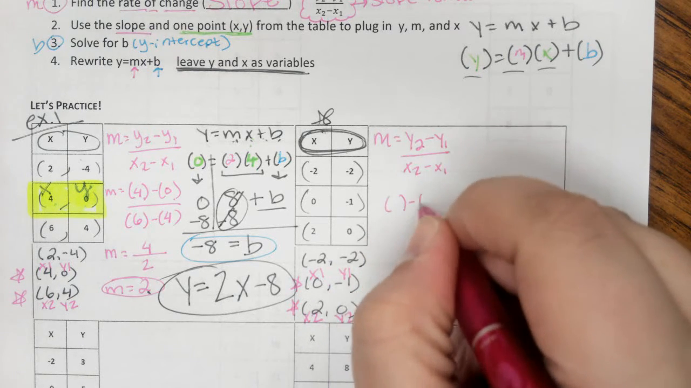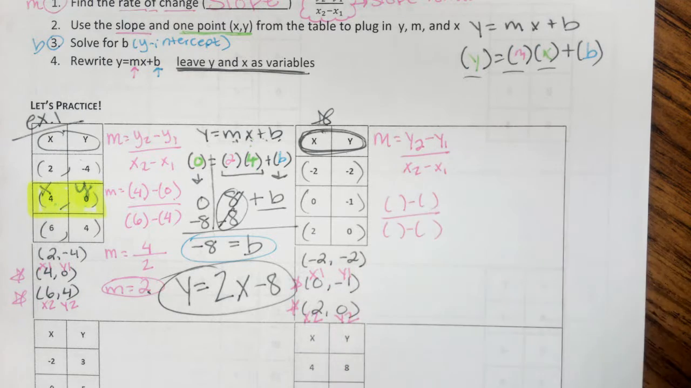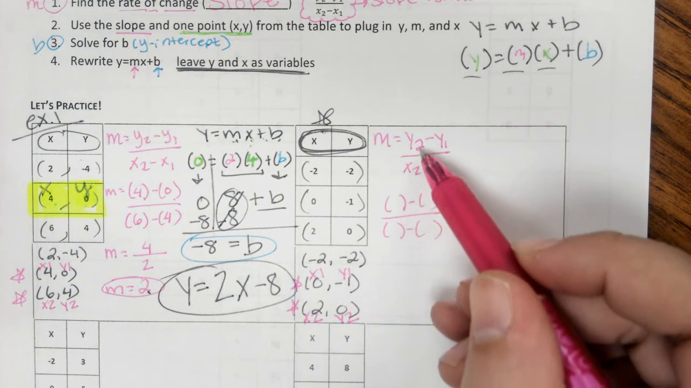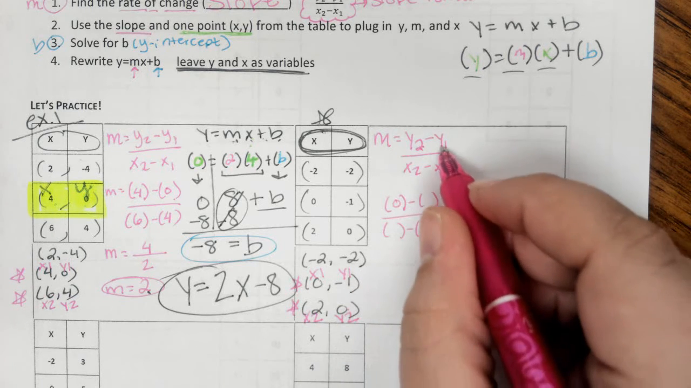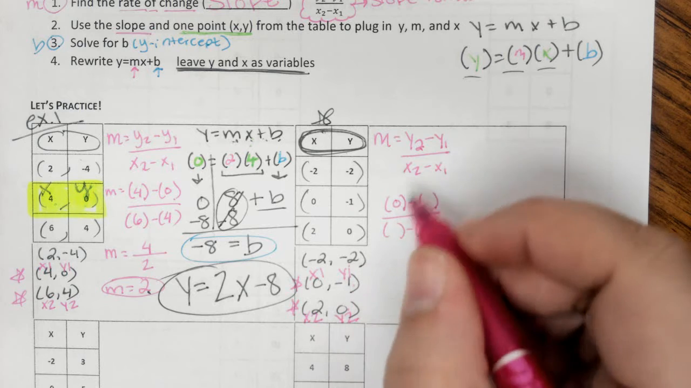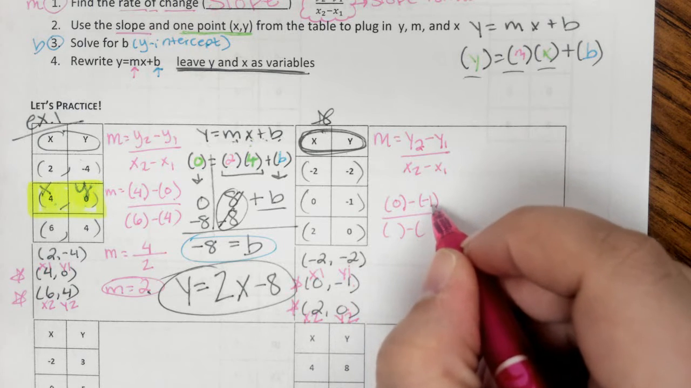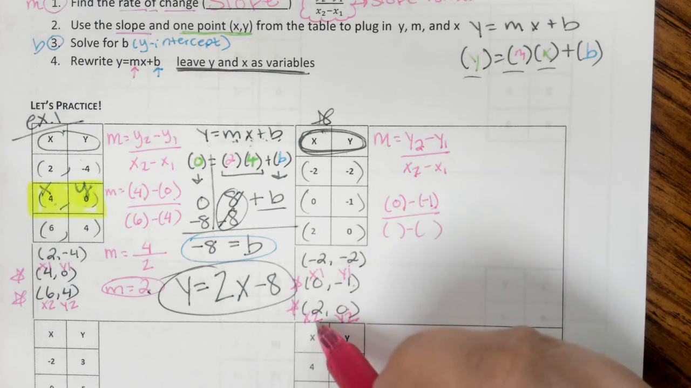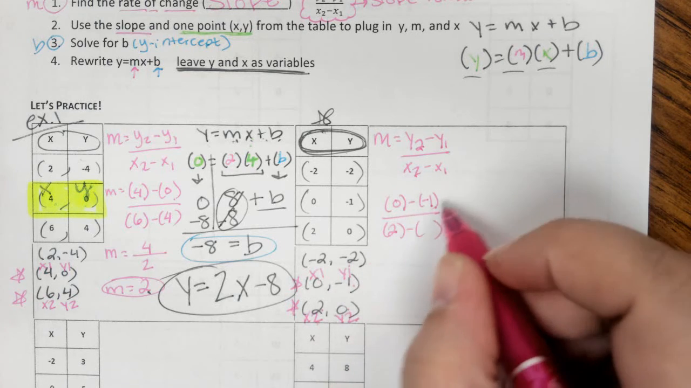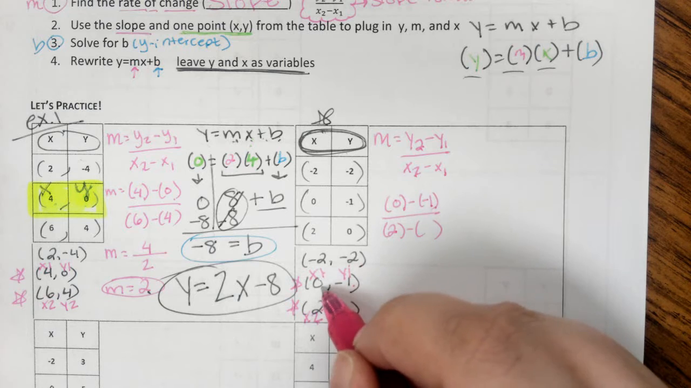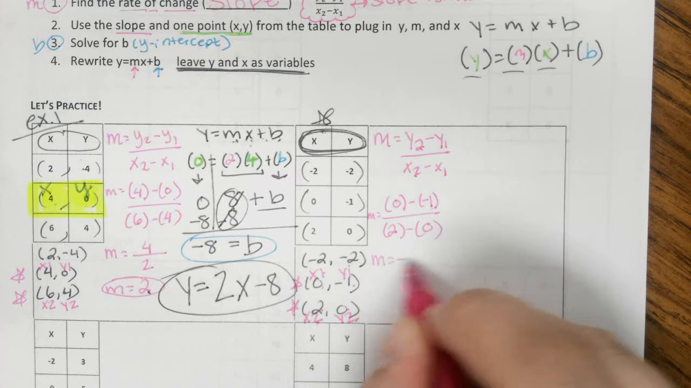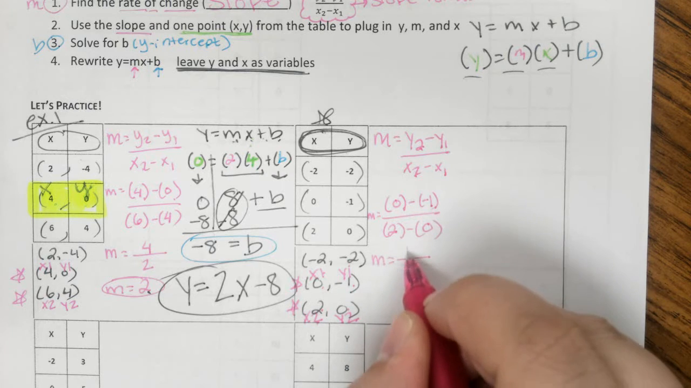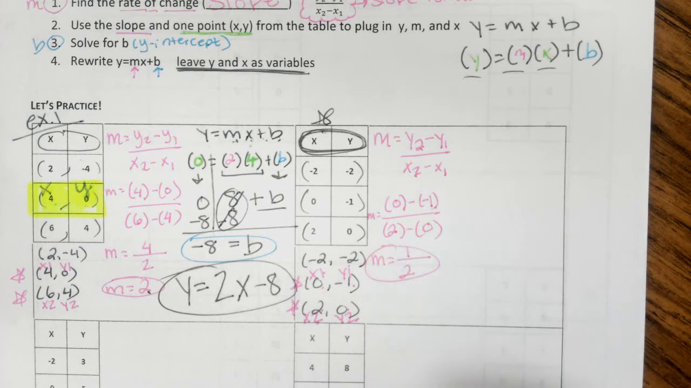Now I can fill in the slope formula. This bubble's in place of y2. y2 is 0. This bubble's in place of y1. y1 is negative 1. This bubble's in place of x2. x2 is 2. This bubble's in place of x1. x1 is 0. And that means that m is 0 minus negative 1, which is 1, over 2 minus 0, which is 2. So now we know the slope is 1/2,